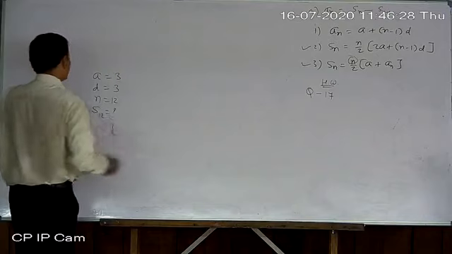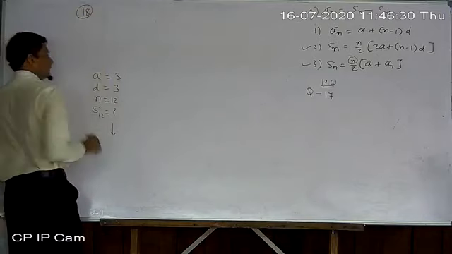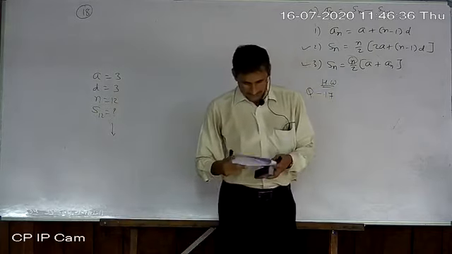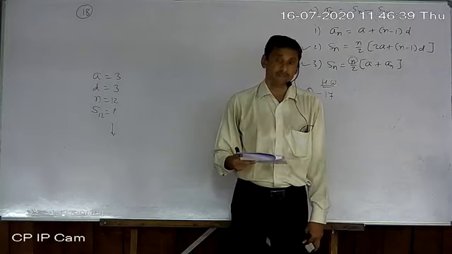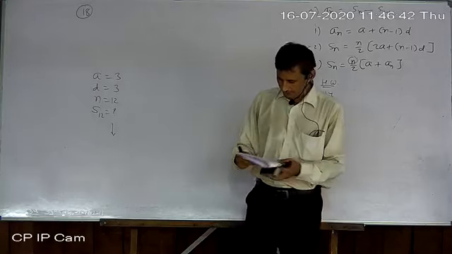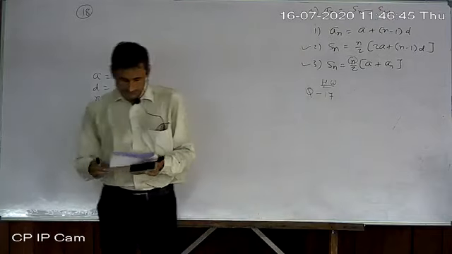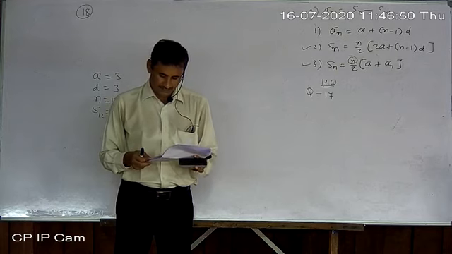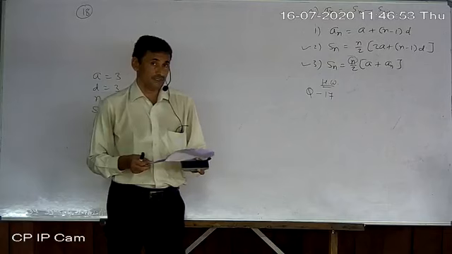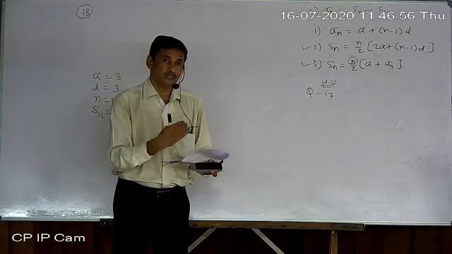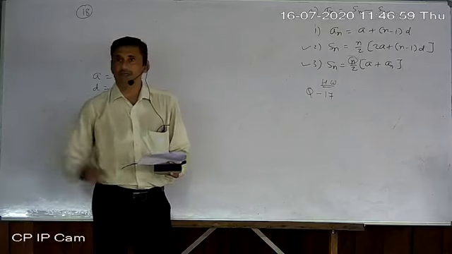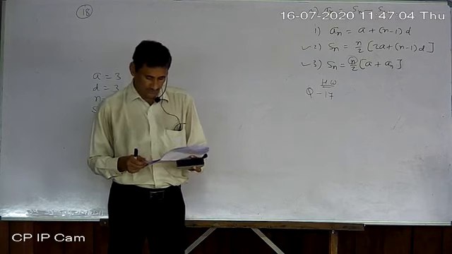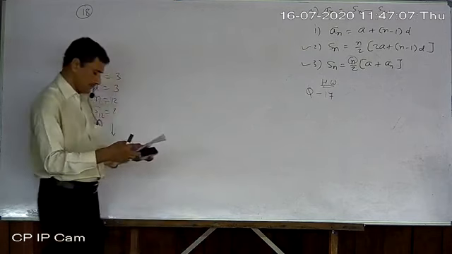Okay. Now we talk about 18. Read carefully. A spiral is made up of successive semicircles with centers alternately at A and B, starting with center at A of radii 0.5 cm, 1 cm, 1.5 cm, 2 cm, which means the radius is being increased by 0.5 cm, half increase. As shown in the figure, what is the total length of the spiral made up of 13 consecutive semicircles?